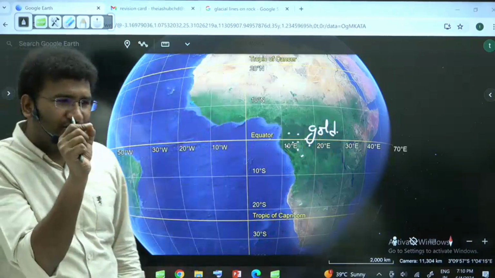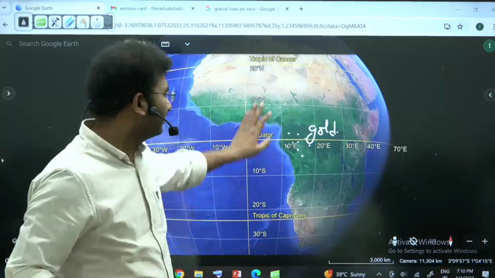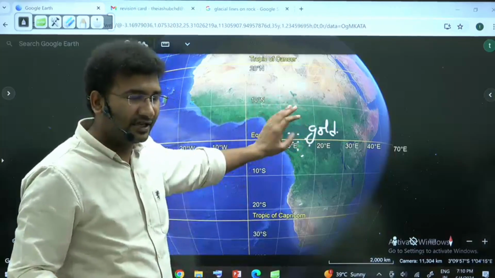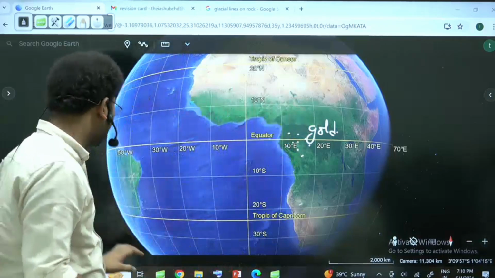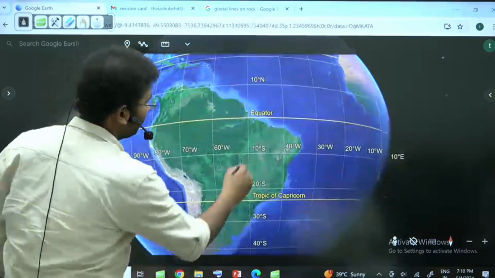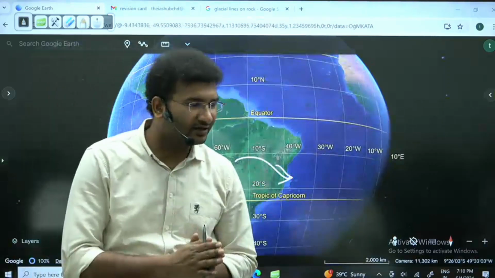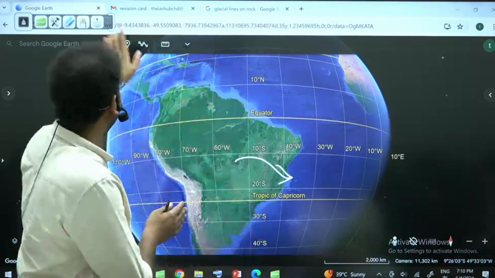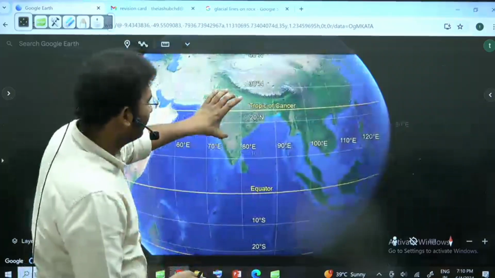Okay? Small pieces of gold are being found. But in reality, you should not get gold geologically here. He says that the source of these placer deposits are somewhere in Africa. It is somewhere here. See, what are placer deposits? To make it little more simpler, let me first explain you what are placer deposits. See, imagine, you know that